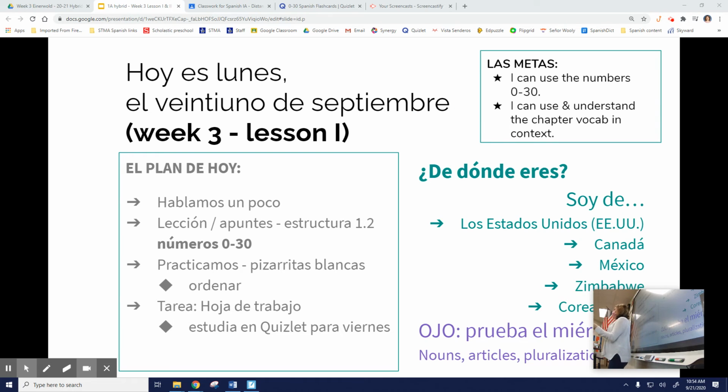Bueno. Chicos, if you need to refer to your notes at first, that's fine, but hopefully the more we do, the easier it gets. And when you're ready, guarden los apuntes. Do you remember guarden? Put away. Guarden los apuntes and see if you can do it without your notes. Los números son muy importantes. Es muy importante entender, saber, comprender los números en español.